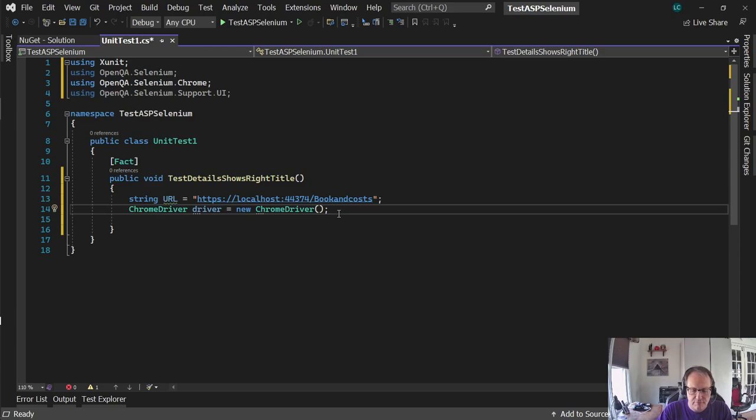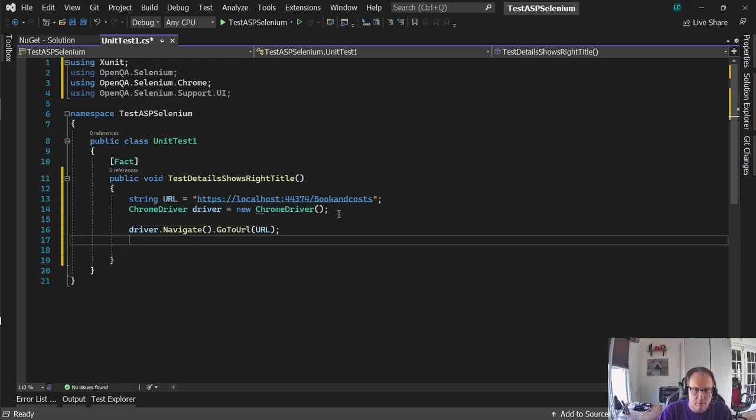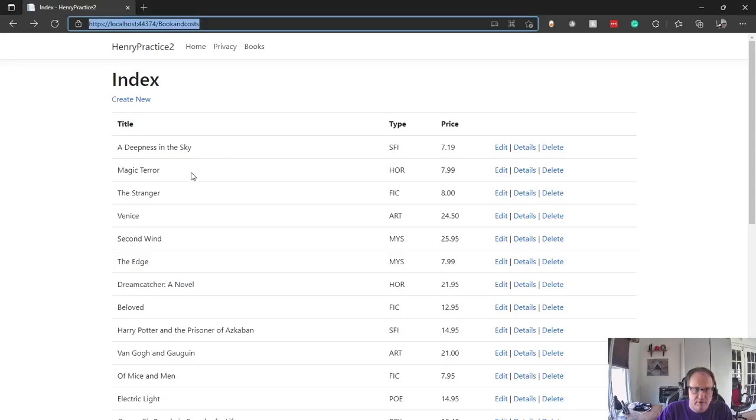Okay, so if you've done Selenium testing before, you know we need to, as Visual Studio is helping me here, navigate to my URL. We need to click on the links or do whatever it is we need to do, and then we need to test. So I'll take the help. And now I'm going to pull off of the screen the information I'm worried about. I'm going to need to know what that data is. So if I come back to here,